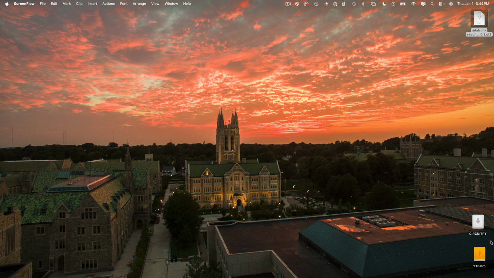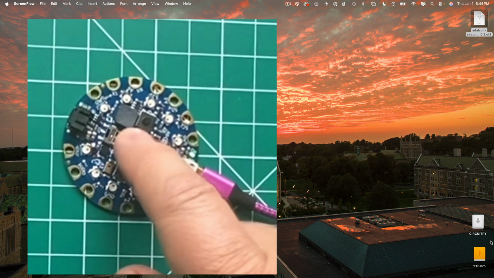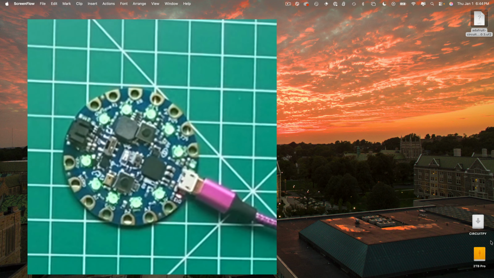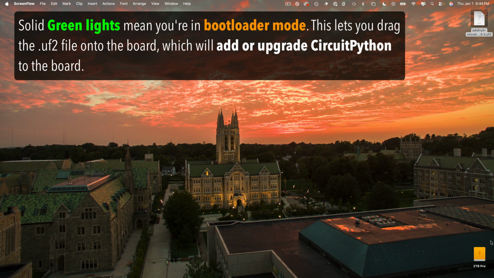So to put a Circuit Playground board into Bootloader mode, just make sure that it's plugged into your computer. Double tap the reset button, that's the button right in the center of the CPB. Tap tap, just like that. You should see the device flash, then the circle of LEDs on the device will light up green, and you'll see a new device mounted on your computer,